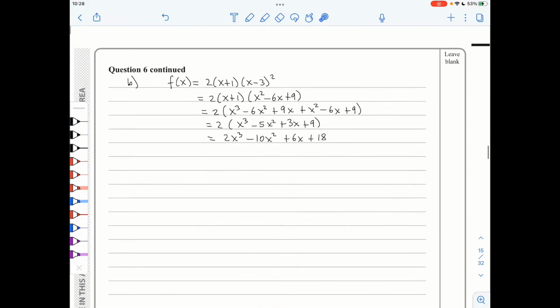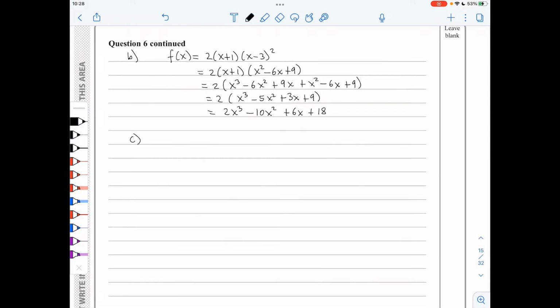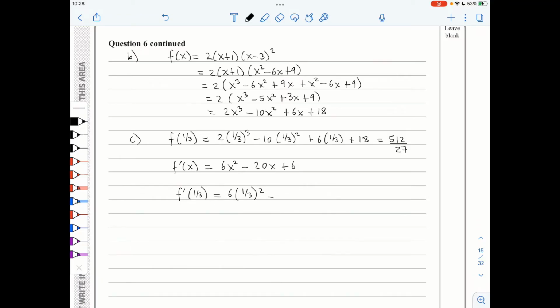So the first thing to do is find the value of y, so f of a third, which means I will substitute 2 times a third cubed minus 10 times a third squared plus 6 times a third plus 18, which is giving an answer of 512 over 27. Now f dash of x, the derivative, I get the power down, deduct 1 from the power, and I will evaluate this at x is a third. So f dash of a third will be 6 times a third squared minus 20 times a third plus 6,